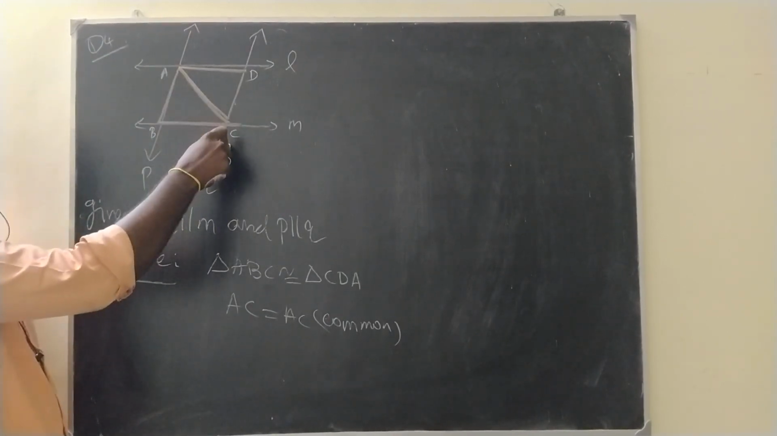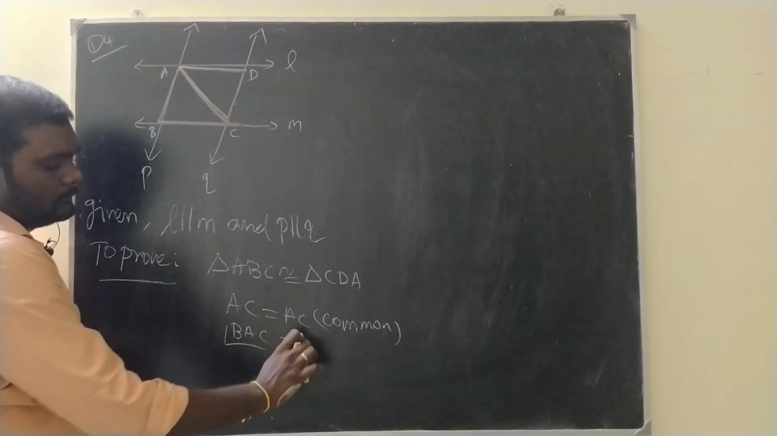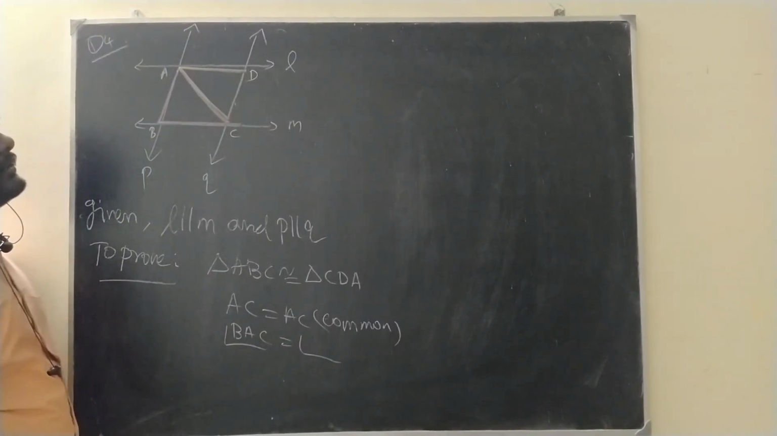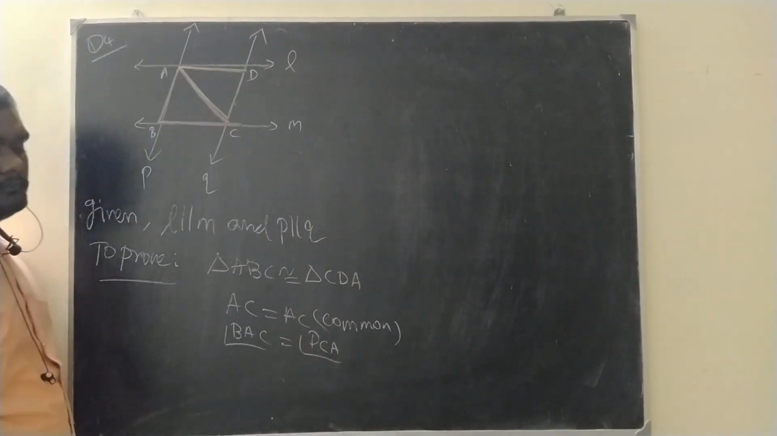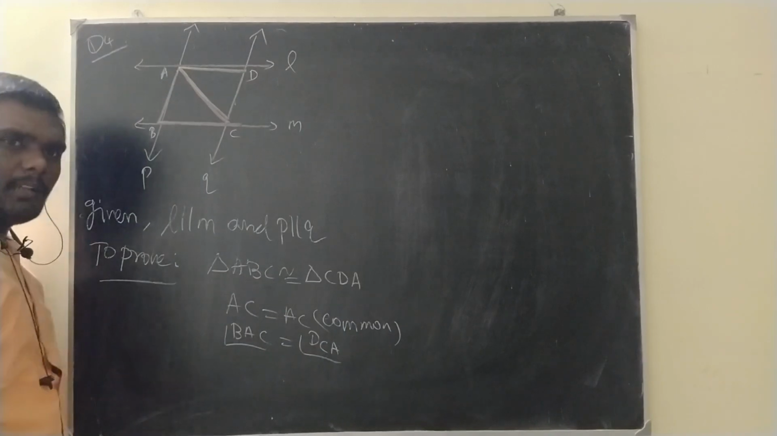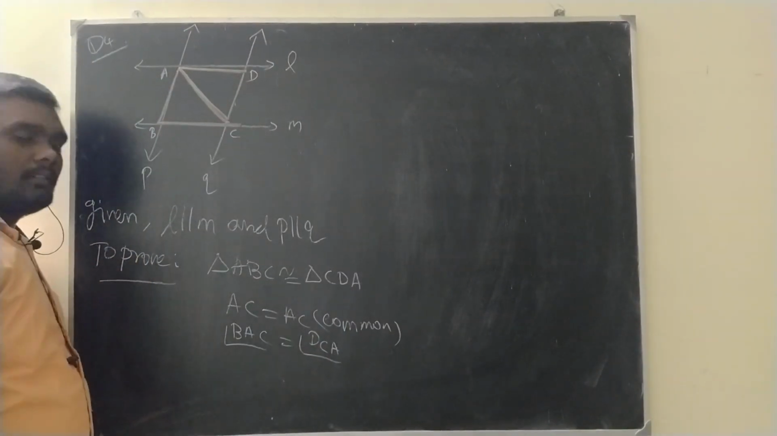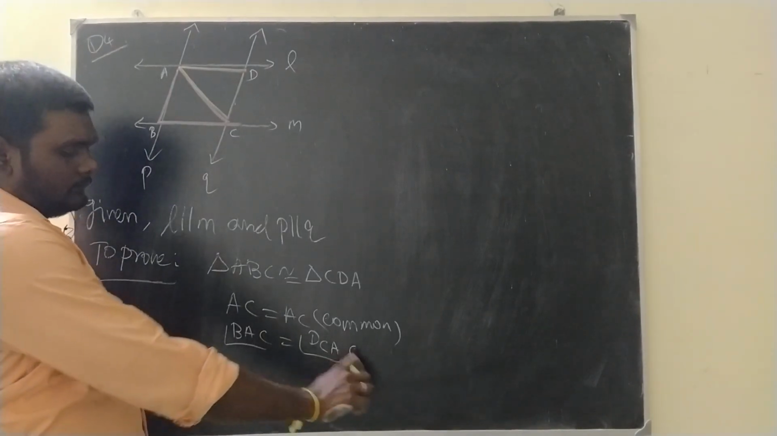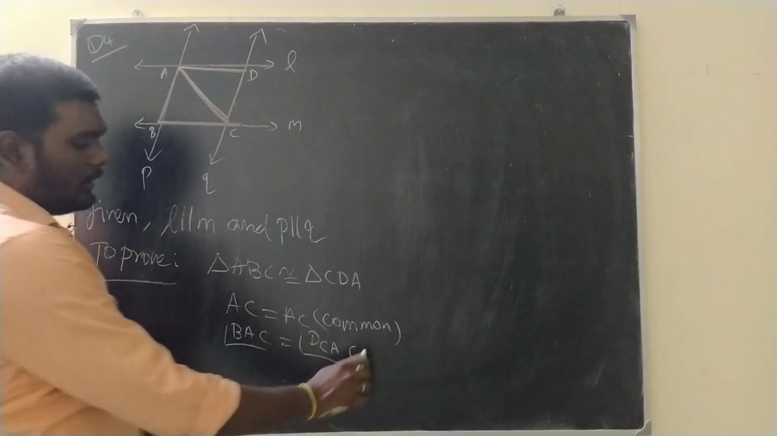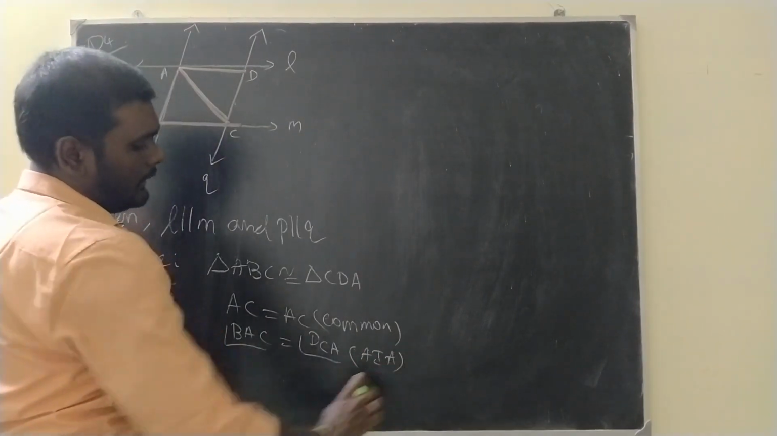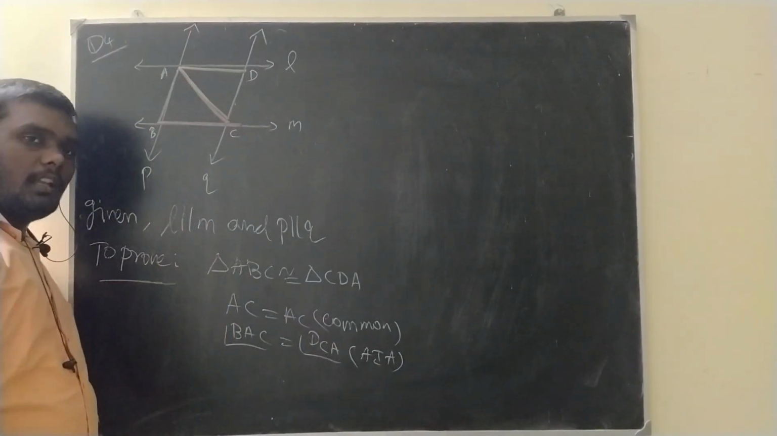Angle BAC is equal to angle BCA, DCA. You said DCA or BCA? Okay, good. Why are these two equal? Alternate interior angles. And then the other one,